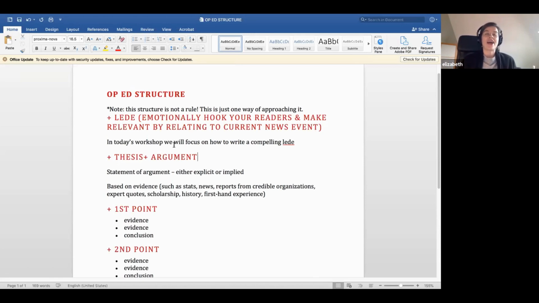And as an op-ed writer, you need to come across as an expert in the issue that you're writing about. Many of you, because you live in frontline communities, your expertise is born of experience, that you have experienced flooding again and again. You know what it's like to live with this problem. So in this opening paragraph, you're going to want to tell a story, probably of a time when you flooded